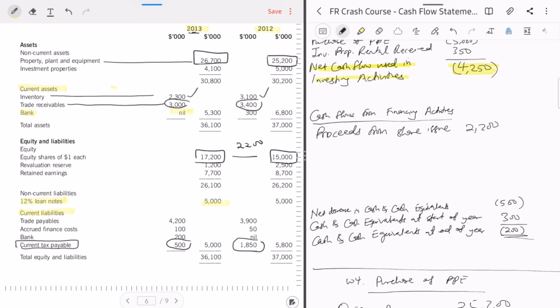Here, the figure is the same. If it had changed, I would have said what? We had either redeemed our loan notes or gone for more. But because the figures are the same, loan notes have not changed and there's no cash flow impact necessarily, right? So what we need to do now is ask ourselves,